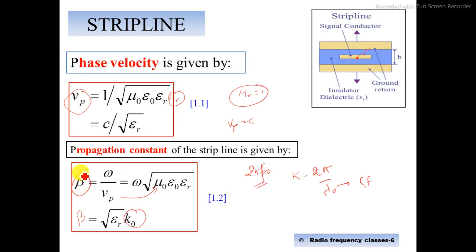This is the important parameter, and phase velocity. Now the question comes: propagation constant is gamma, which is alpha plus j beta. But we are assuming minimal, negligible loss, so alpha is 0. That's why our gamma is nothing but j beta. So this is the propagation constant. The phase constant itself is called the propagation constant. I hope you are aware of this already. Gamma is the propagation constant, alpha is attenuation, and this is phase. And phase becomes the propagation constant because alpha is 0.